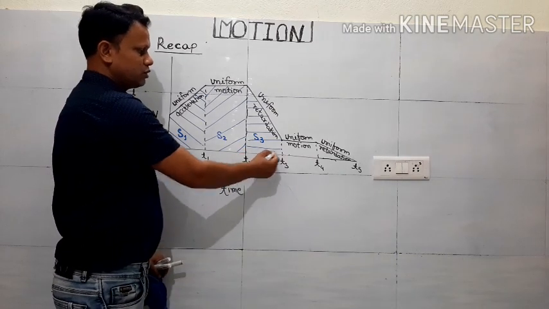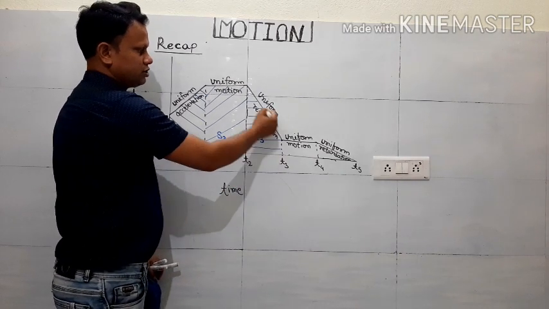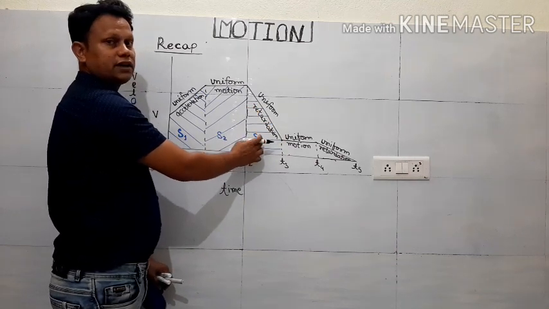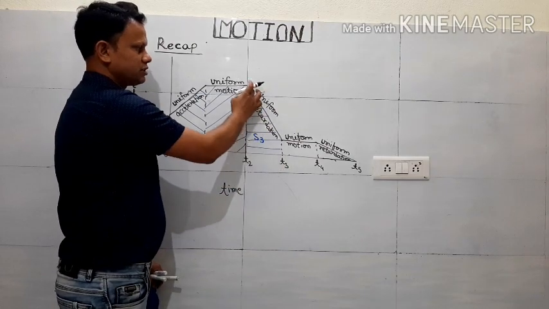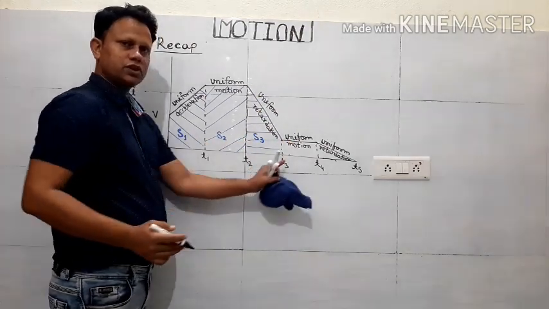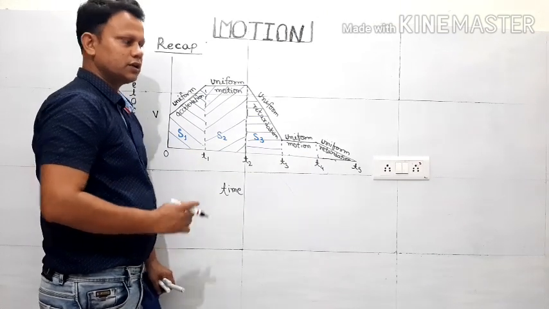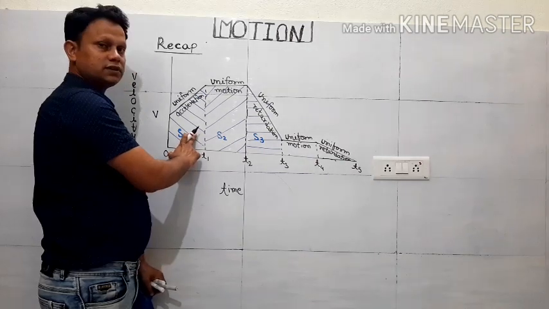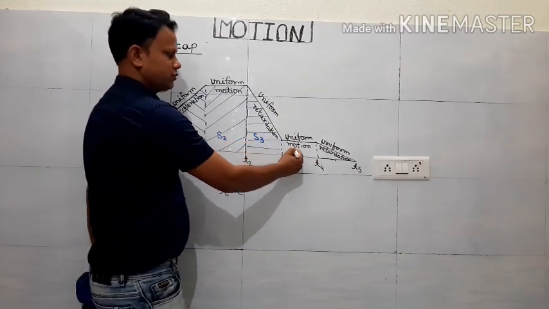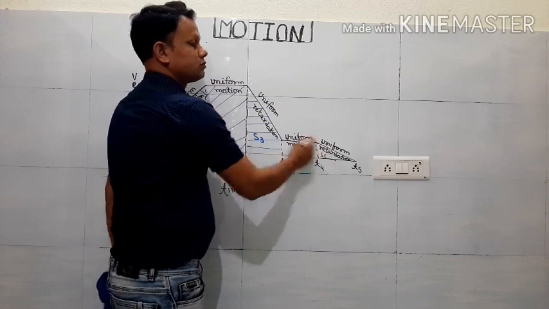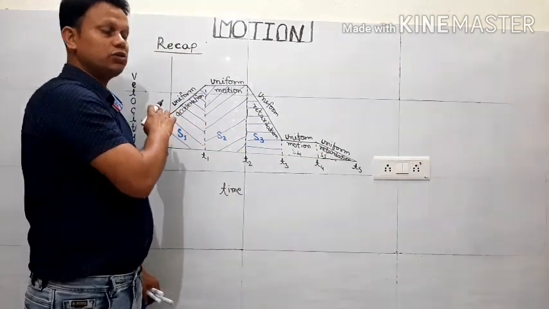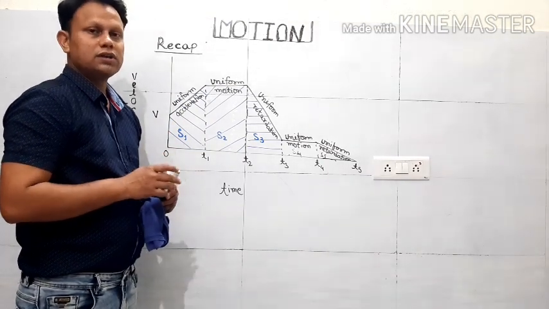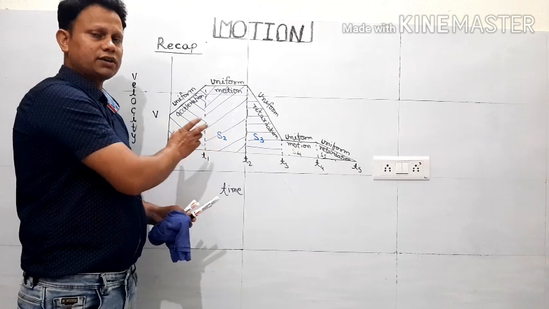Somebody is interested in t2 to t3. Then you have to find the area of this shape. You enclose it by drawing a boundary line. Suppose you find the area as S3. This shows the displacement during this time. And so on, further in the journey you can also calculate the total displacement. So for the whole journey, what do you have to do? Find the area of this part S1, then S2, S3, suppose this is S4 and this is S5, and add them all. Then you will get the total displacement of the object. In this way we can find the displacement of the whole journey or part of the journey.